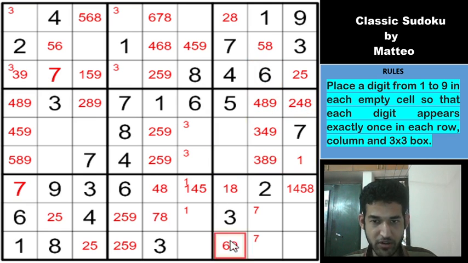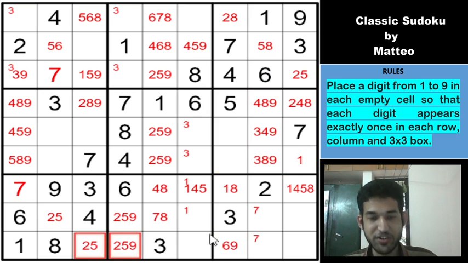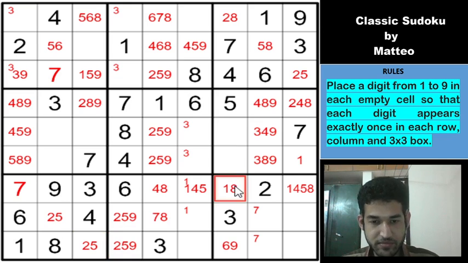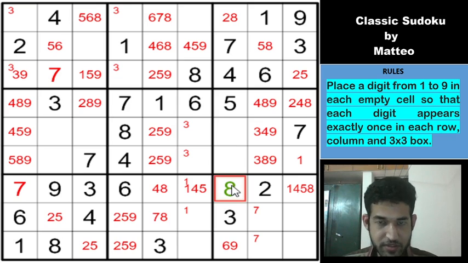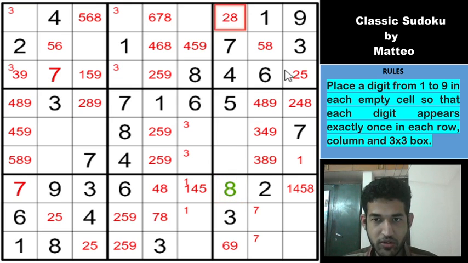So 6 would go here, and you'll get a 9 here, which in turn gives us a 2 5 pair here. So this is why I'm going a little bit ahead. So why don't we use a different color and show that clearly? Let me make the middle pencil mark maybe. So if you have an 8 here, so if this is an 8, you get a 2, a 5 and